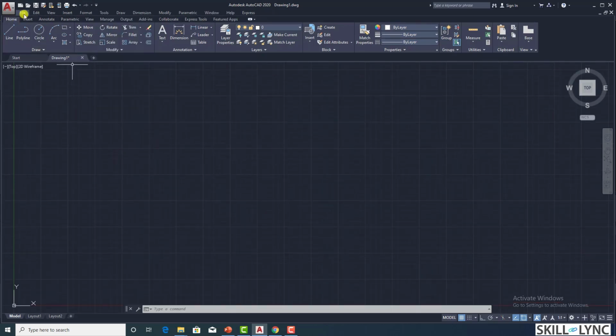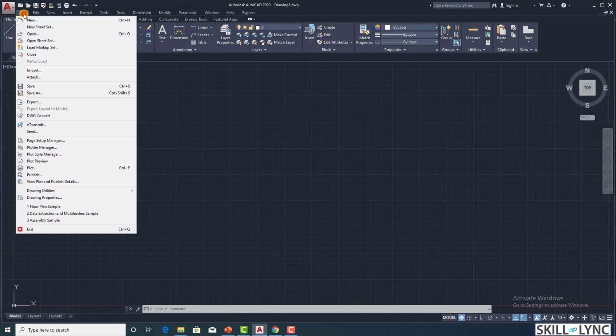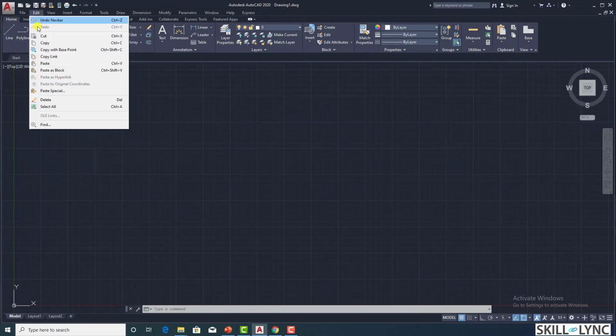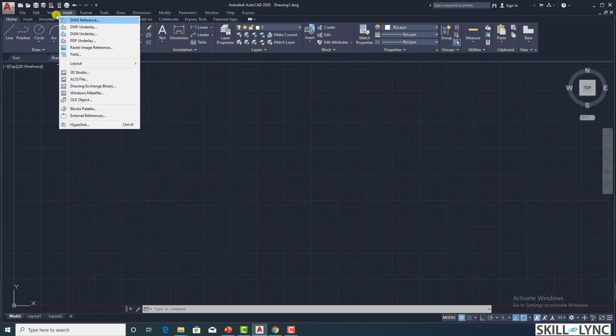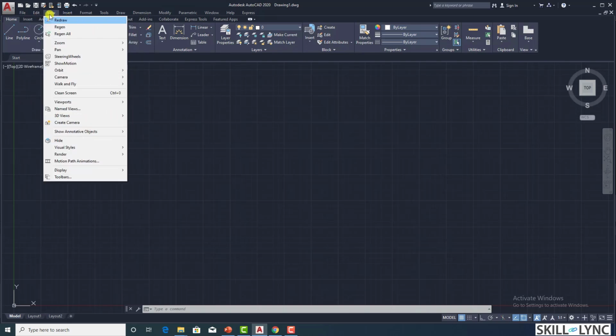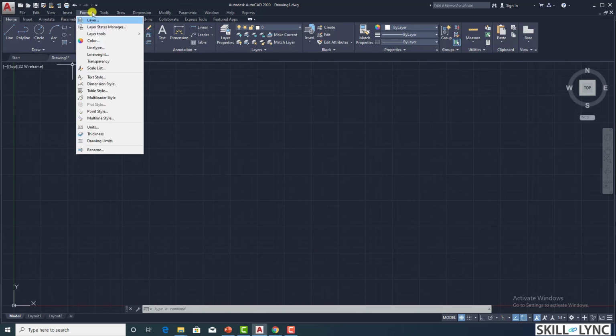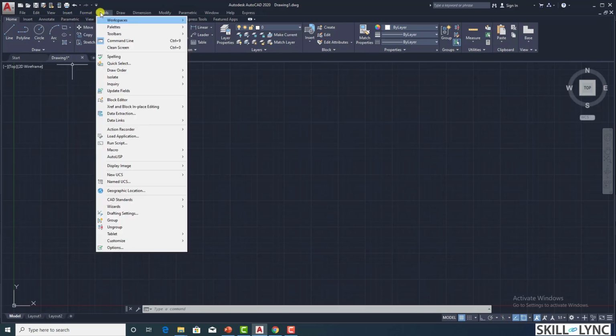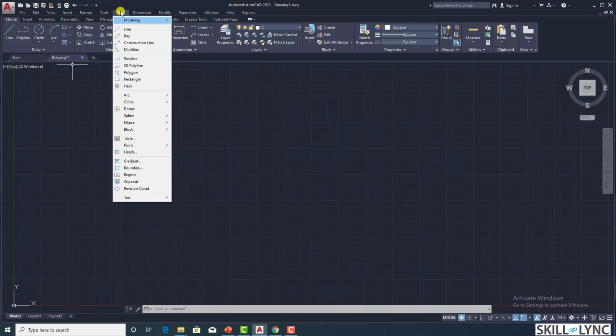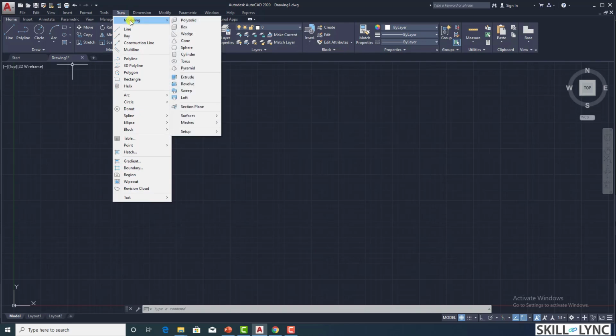So this is the classical form of the menu bar, wherein the file, whatever this application menu is, is listed here, and then all the content inside the ribbon is structured here. Everything is included here in a classic format. For example, if you go in draw, the same one whatever is here, you also have the 3D images in it, because basically if you want to take this, then you have to change the workspace and then bring it in. But in the classical menu, you can have everything on the same platform.